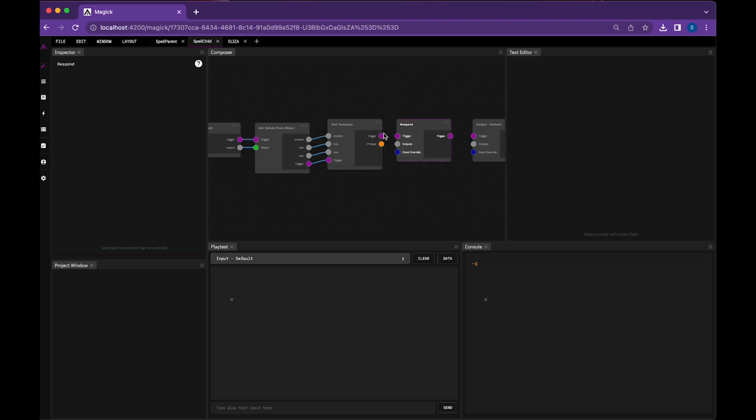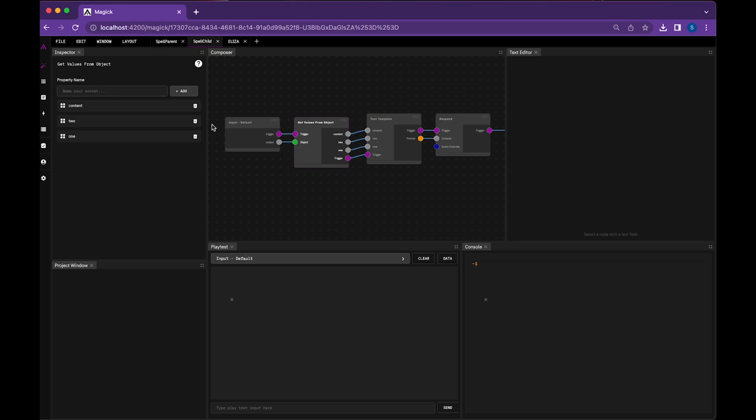I can grab the respond node here, and let me change my destructure a little bit. Instead of content 1.2, you saw I added that event, so we have content and event. Those are the things that are getting passed through now to here, right? Great, okay. Content, and in our text template,